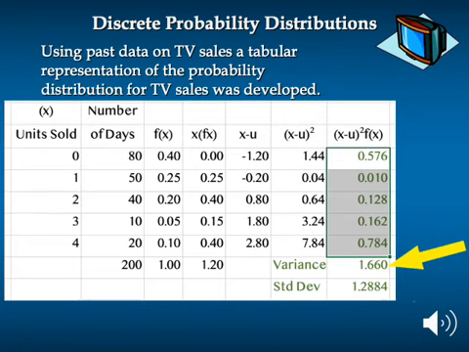We're going to do the same thing for every one of the rows in that column. When we total that up, we see that the variance, because the total of this column equals the variance, in this case, it's 1.660. In order to get